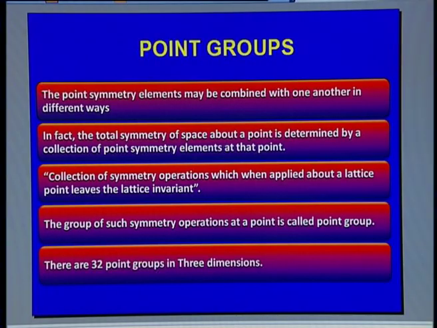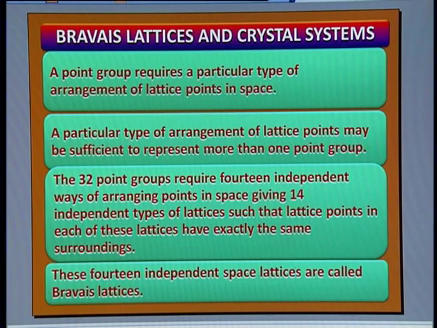Here we are taking the combination of all the point symmetry elements passing through a particular point, either in a molecule or in a unit cell, so that you can formulate a point group. If you do this in 3 dimensions, you have 32 point groups all put together. We must consider different types of combinations of these, which give rise to 32 point groups.